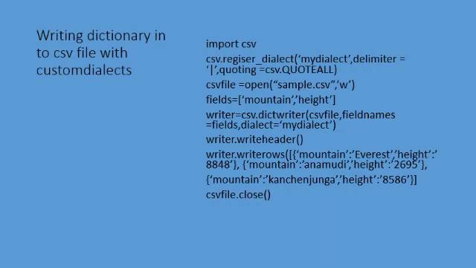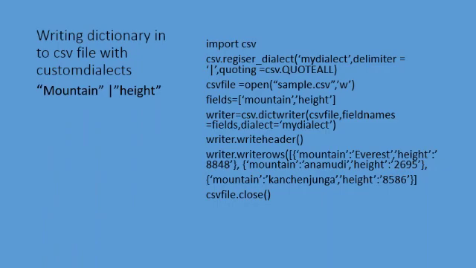Next, writer.writerows. We can give all the data. In the previous example, we gave all the data in a variable data that I am referring to in the next place. But here I am giving the data directly. Writer.writerows, and all the data I have given: mountain, Everest, height. That's all. All the data you can give here. Then finally csv.close. So you can see the output will be mountain, height.